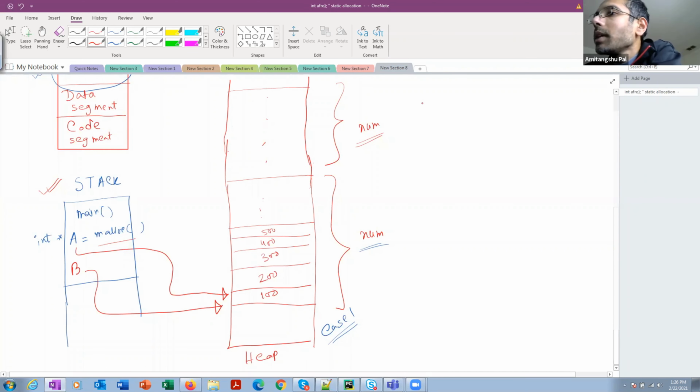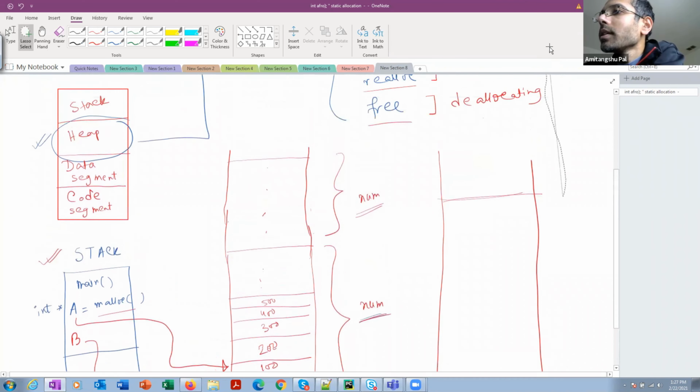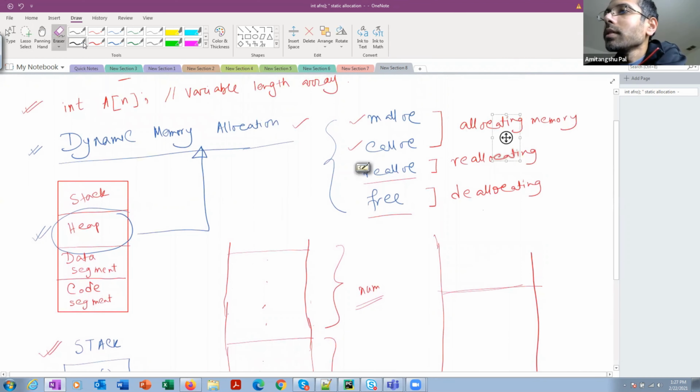Okay, but this may not happen all the time because, as I said, in this space there may be some already allocated memory. So in that case, the heap needs to move this entire set of bytes to a different memory location. Okay, so maybe it has availability perhaps in this space. It has some occupied space over here. So suppose the memory is available from this space onwards.